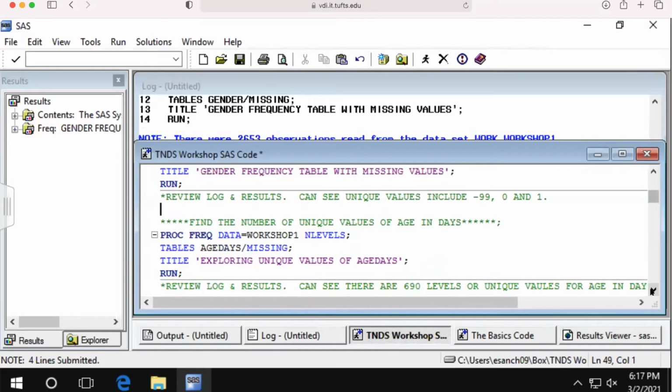And that's with a categorical variable, right? But what about a numeric variable? As you can imagine, for age days, right? 365 days in a year, as we get older, just more and more days, you can imagine there might be a lot of responses or levels to this particular variable. So with continuous variables, it's nice if you include this nlevels option. And what you're going to get,